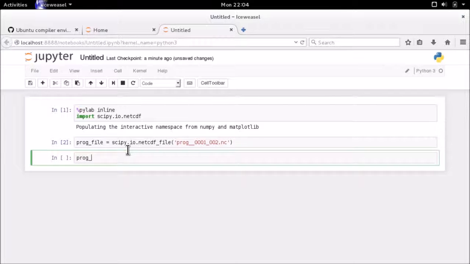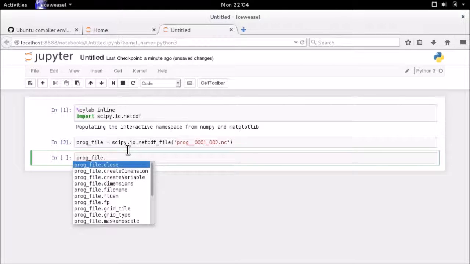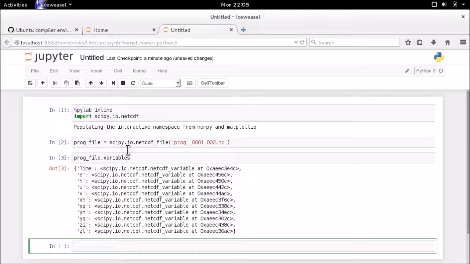So let's examine that object prog file. If I do a dot, it gives me a whole list of attributes which I can look at, and the one I'm going to look at here is variables. Execute that, and you'll see those are the variables which are in this file, prog 0001, 002. Now each of these is a SciPy netcdf variable object, and I'm going to create another variable to point to one of those. So I'm going to call it eHandle. It's good to think of them as handles. And to get it, I'm going to go to prog file dot variables for the variable e,